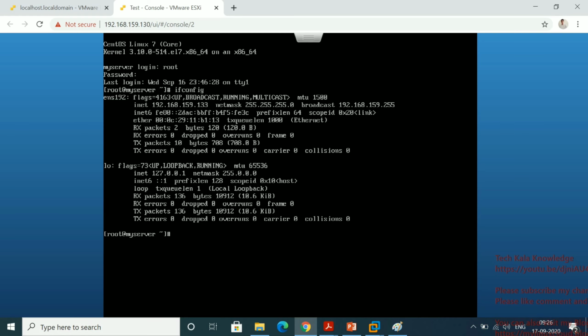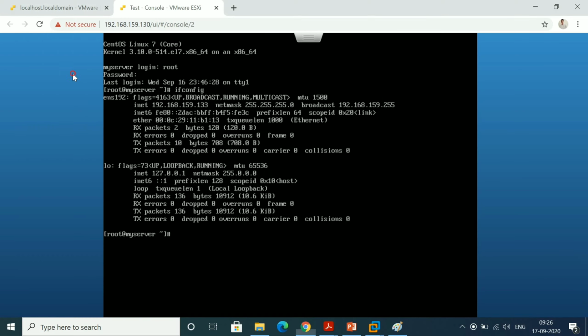So let me log in here now. You can see the hostname has changed here. It's showing my server now. Let me check. Now you can see the IP has also changed. Now let me log in through PuTTY.